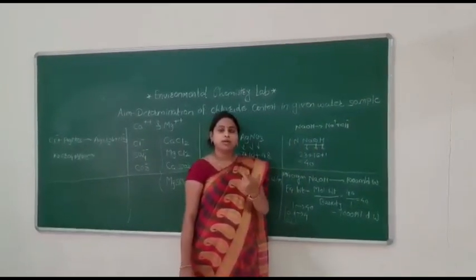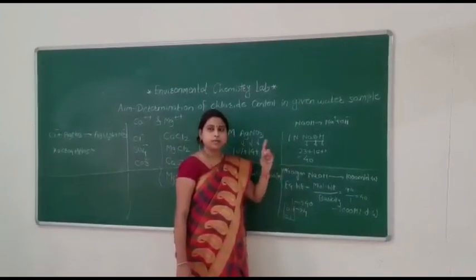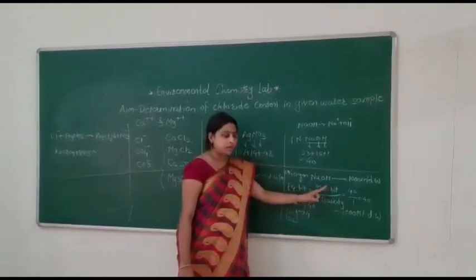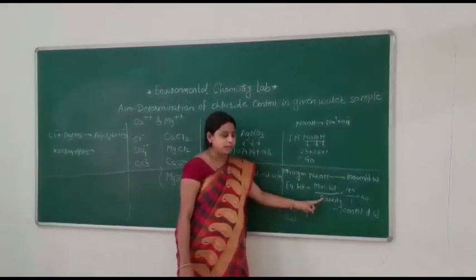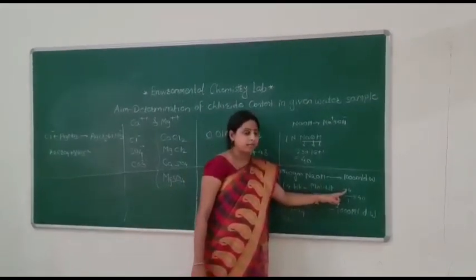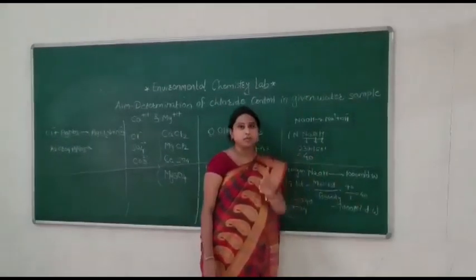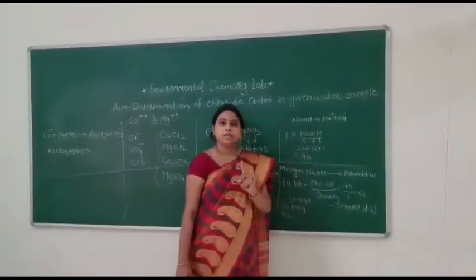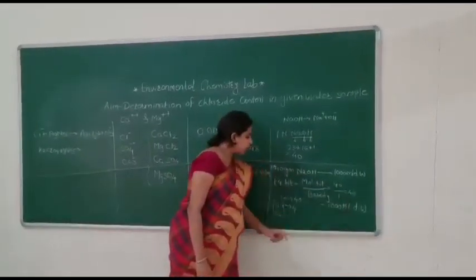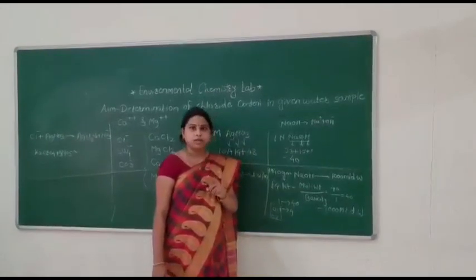So when you want to calculate the equivalent weight of this NaOH, you have to consider this formula, that is molecular weight of NaOH divided by its basicity. We have just calculated that the molecular weight is 40 gram. So it is 40 divided by basicity 1, it again comes to 40. So for preparation of one normal solution, we have to dissolve again 40 gram of this NaOH into 1000 ml distilled water. You got it?